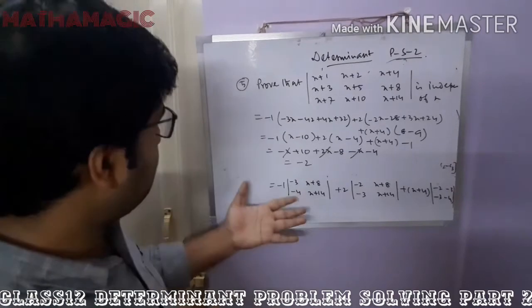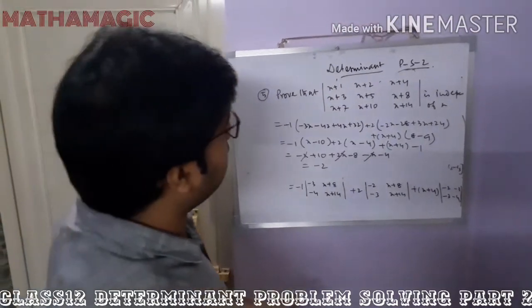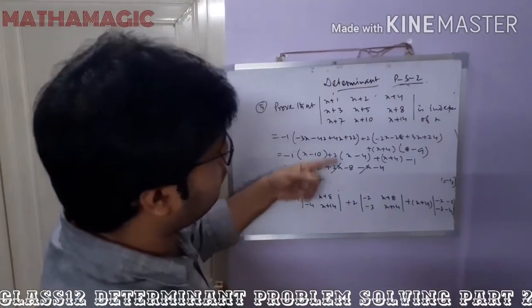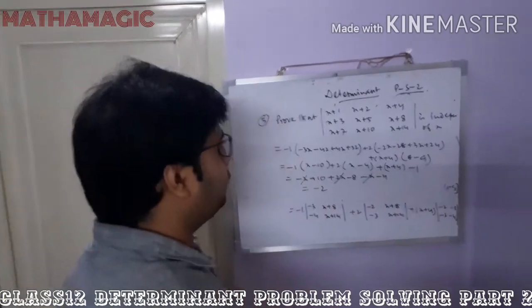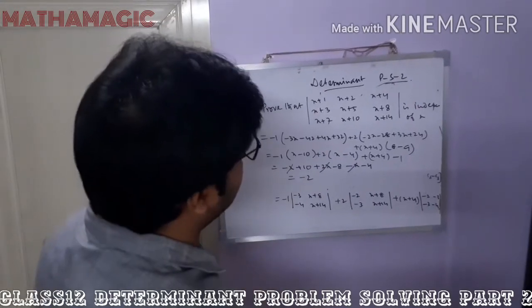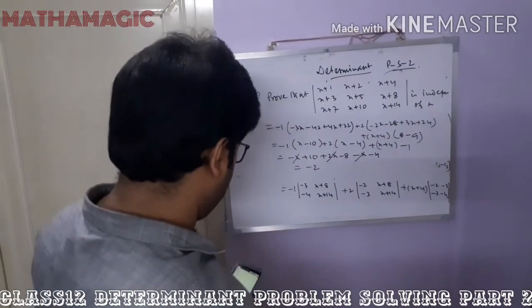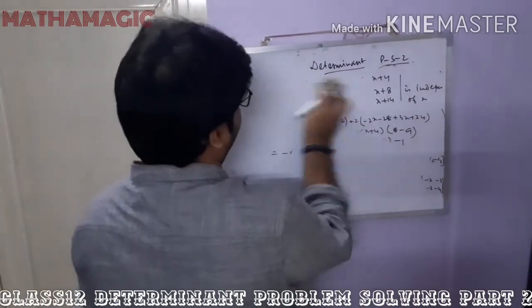So we can easily visualize that in the evaluation of this determinant, the value of the determinant is minus 2, which is independent of x. There is no x in the value. So this is how we can say it has been proved that the value of the determinant is independent of x. Please note it down so that we can move to the last sum of today's class.